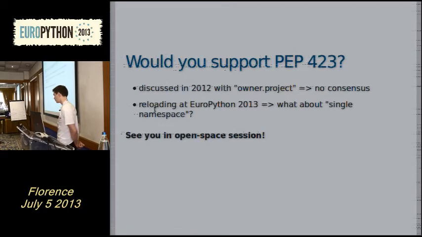I also have an issue with flat, but I also have an issue with owner. The issue with owner is, I know there are several people having the same first name and last name, so that could be an issue. If you put it flat, how do you deal with, for example, send file for Django and send file for Web2Py? Because when you want to pip install send file, you can't specify the metadata or say, I want the send file for Django, the send file for... Can you do something like that?